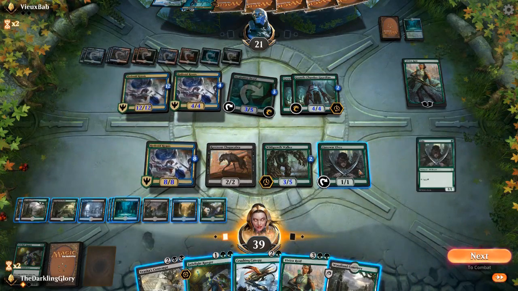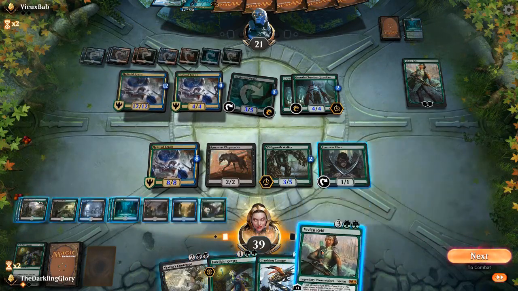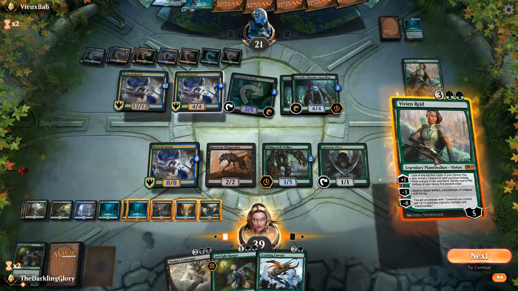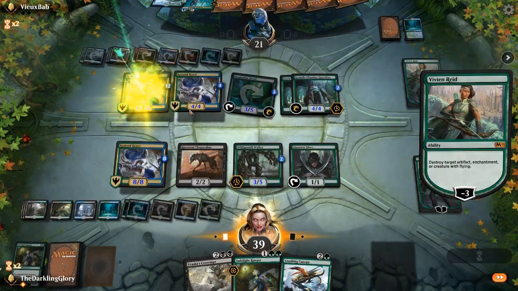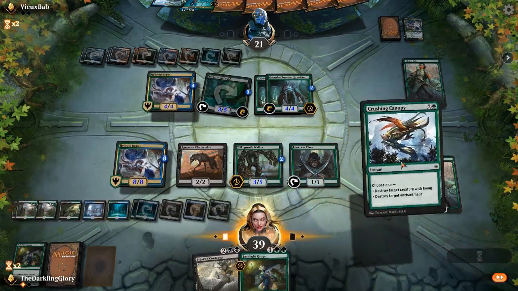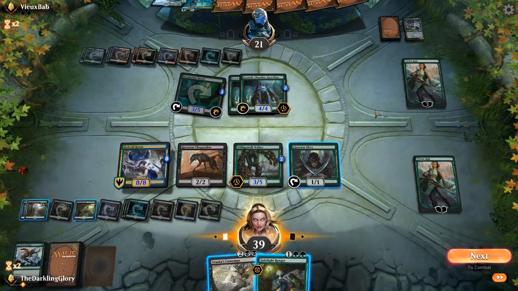We have access to 1 more land than last turn, so we have 11 mana. What is the best combination? We can play this to go up to 12. We could play these 3 cards, which I think is pretty good. We can Vivien Reid, get rid of this giant monster. Then we can Crushing Canopy, destroy target creature with flying. And then I could either Vraska's Contempt to hold down the board, or I can Jadelight Ranger, which creates 2